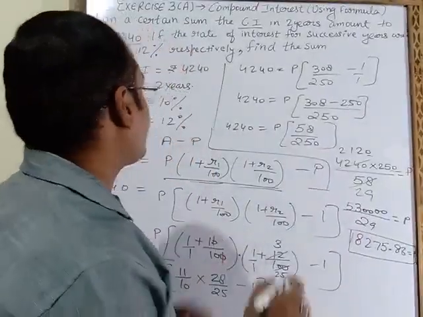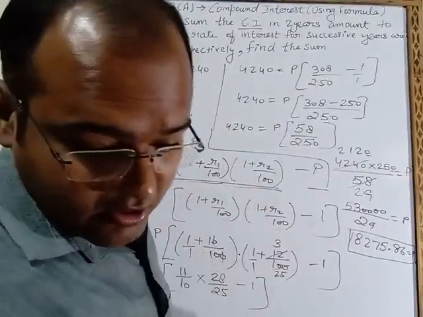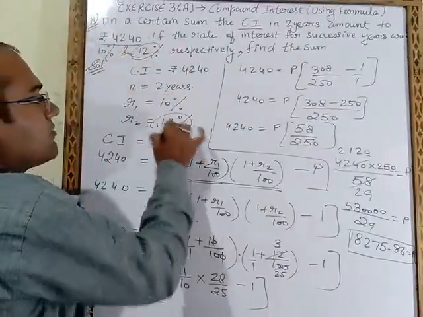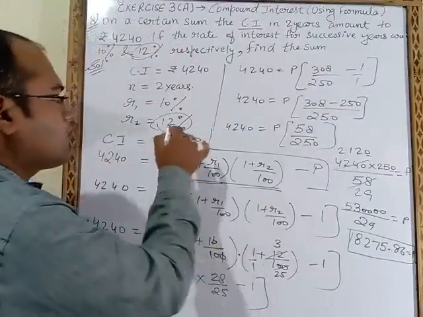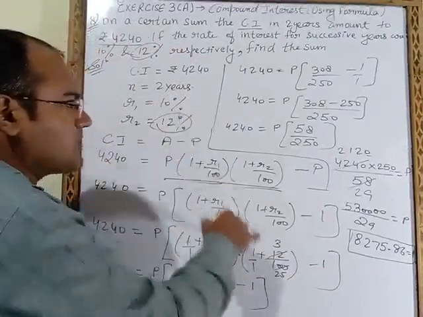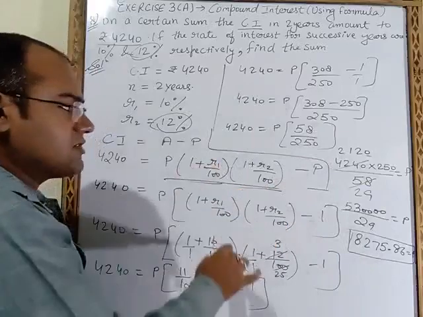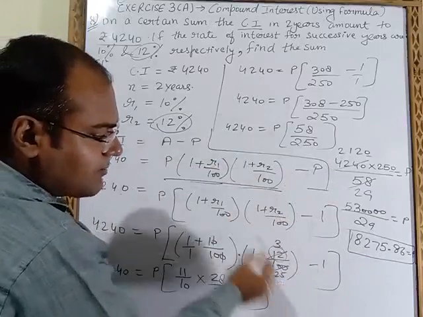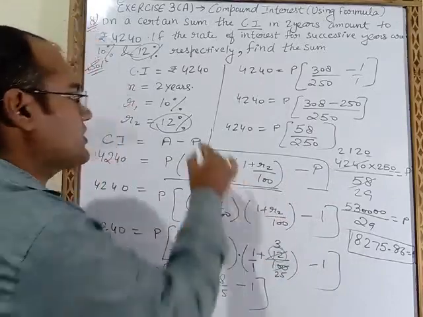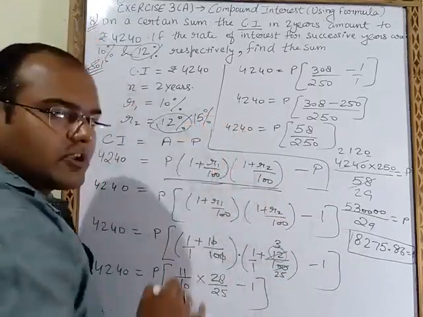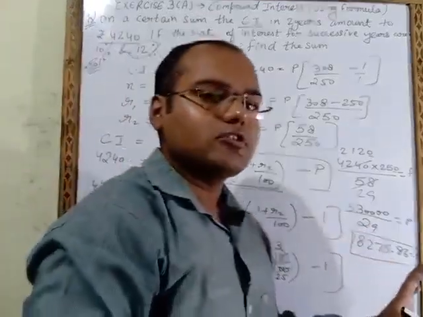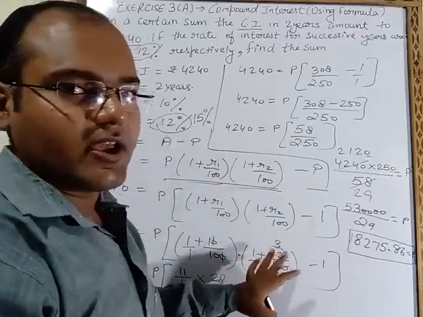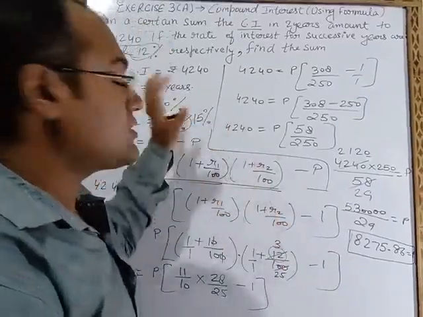So here in this question, by mistake, in the question your rates of interest are 10 and 15. Here by mistake I have taken 12. So you can change it. Instead of 12 you have to take 15. Method is like this only. So you have to calculate in such a way. Here you can change R2. By mistake I placed here 12, but in the question this is not 12, this is 15%. So that's why answer is not coming. So what you have to do, you have to just make it here 15 and you will get the correct answer. So like this you have to do this question number 8.